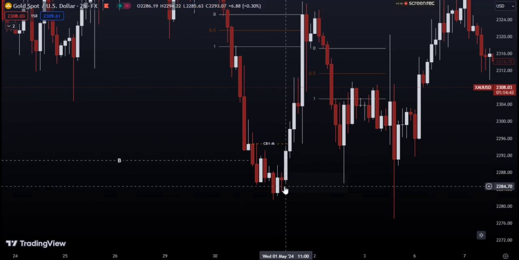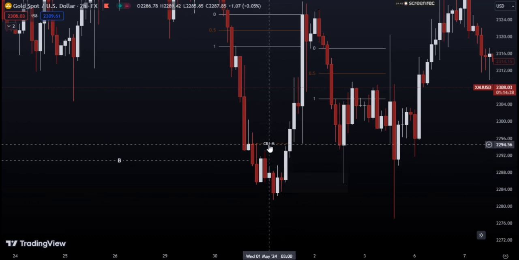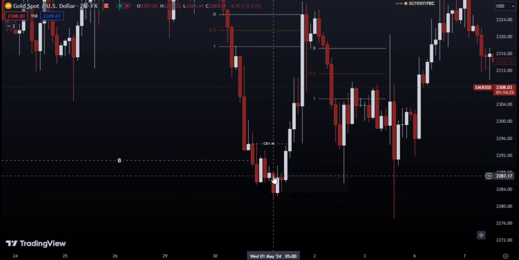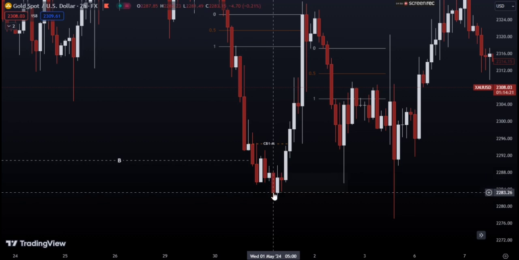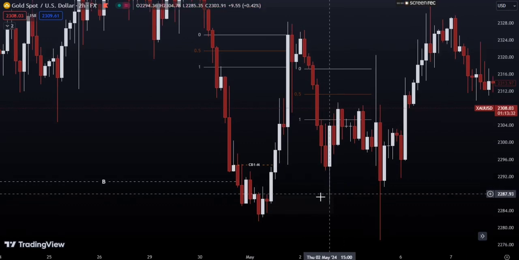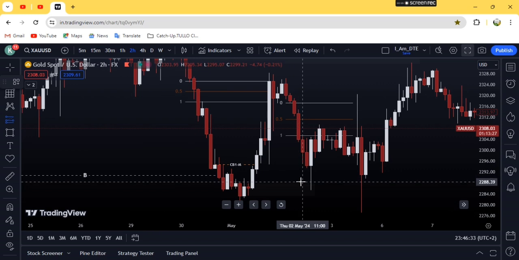So there was this demand zone, there was this last pre-break, and there was this CB1 method. CB1, which is the candlestick break 1, is the methodology. The CB1 is the first candlestick which is a supply to the structure. This candlestick, which is a supply, is parallel to the last candlestick. So from here, we can buy at this point, and the keyword is break.